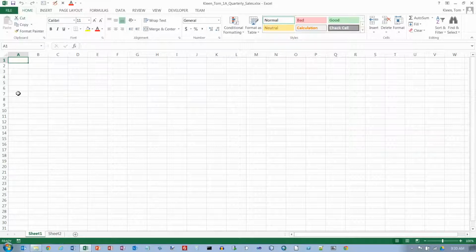And so now we're in A1, and notice it always tells you what cell you're in right here. This is called the Name Box, and normally what you just see is the cell, which is always the letter followed by the number. And now we want to enter some data. We're on objective 2, activity 1.03. And we're going to enter some text. We want to be on the Sheet 1 tab, and we want to go to A1 to make it the active cell,